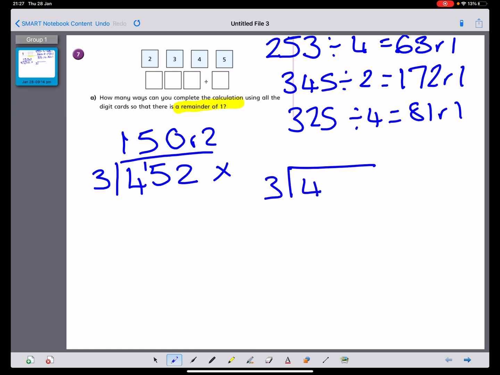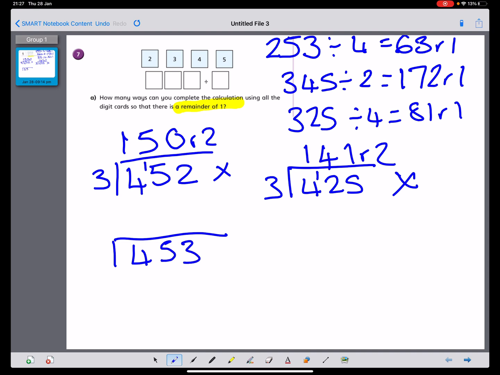Then I'm going to switch those 2 last digits over. 3's into 4 goes once with 1 left over. 3's into 12 goes 4. 3's into 5 goes once with 2 left over. Doesn't work. Then I'm going to go 4,